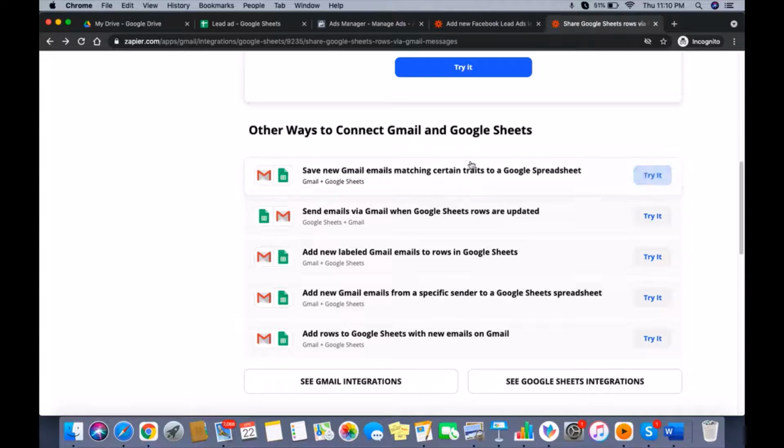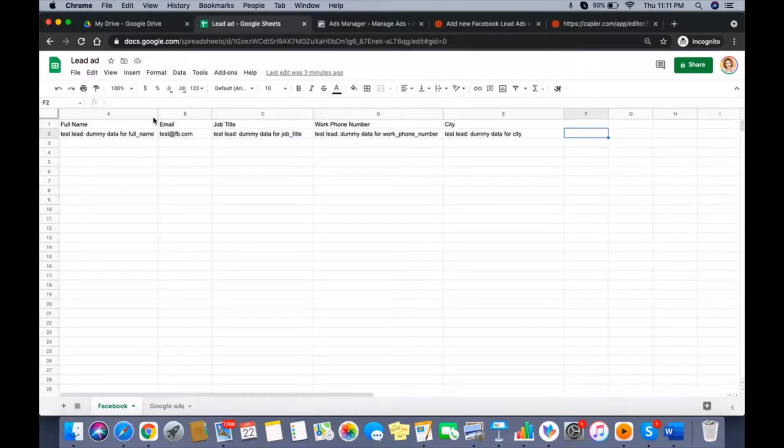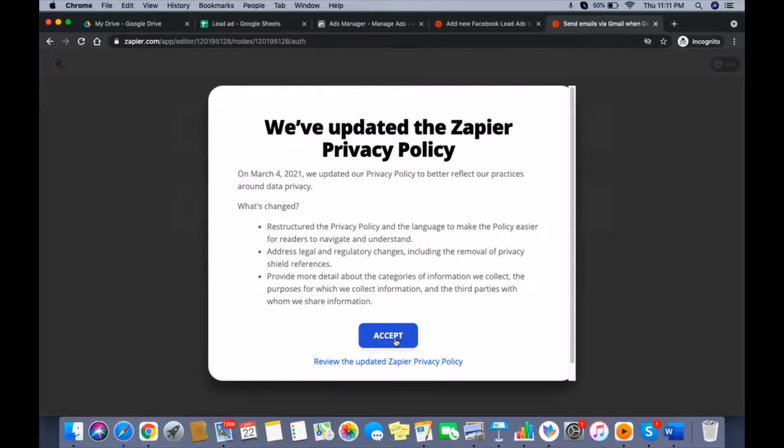Send new Gmails via Gmail when a Google Sheet row is updated. So we are going to try this one. As soon as we get a new row, an email will automatically go to that person. So this is how it works.